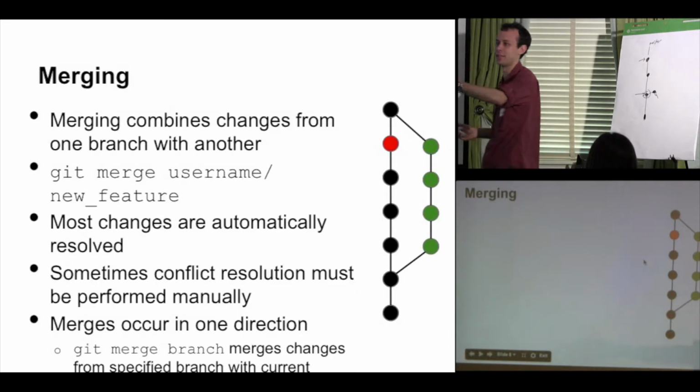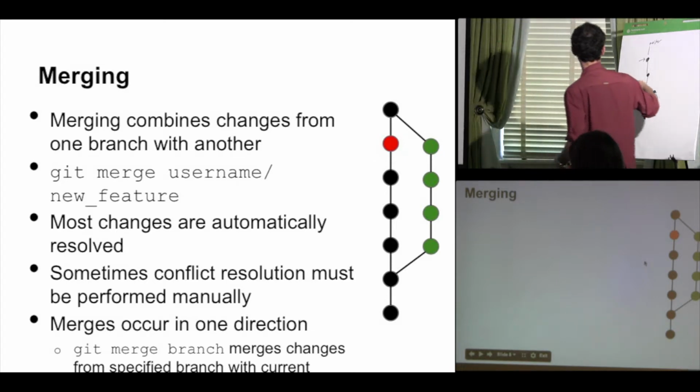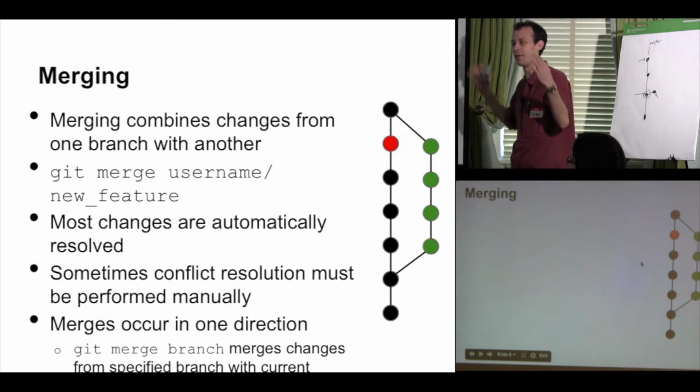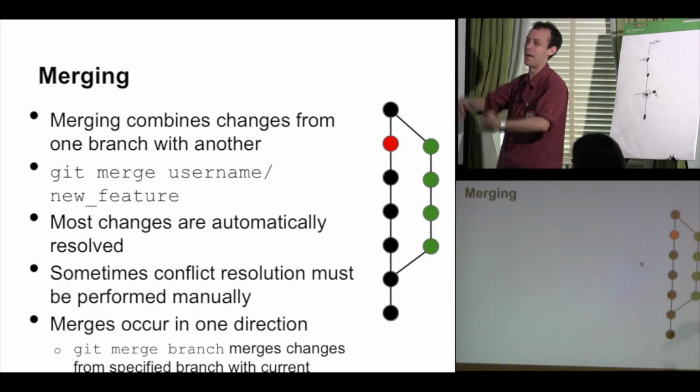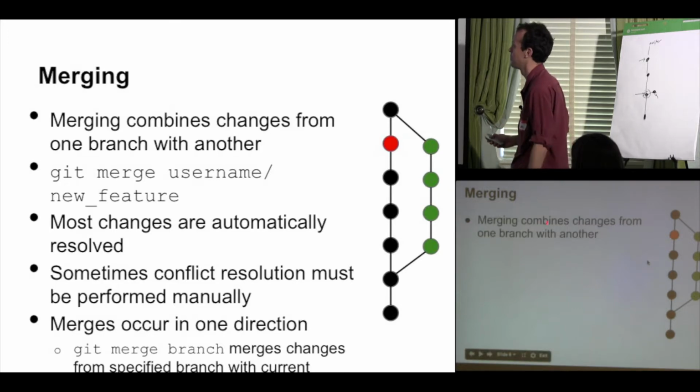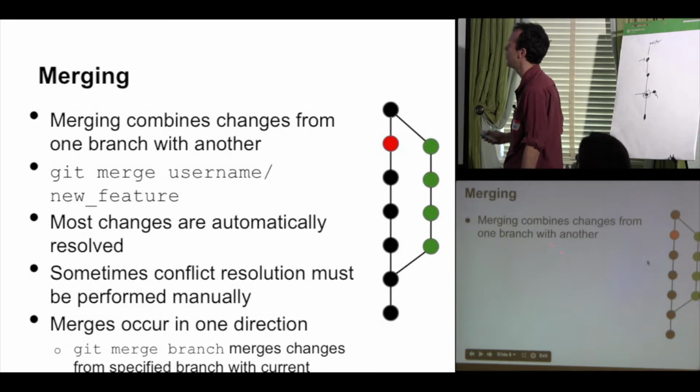So you had asked, when I make a commit, where does it go? It goes to the current branch. Well, eventually, right, I want to take my changes and sort of bring them back in line with everybody else. So we do that with an operation called a merge. What merging does is it takes one branch and it combines the changes from one branch with another branch. And it's fairly straightforward. What you do is you check out the branch that you want your